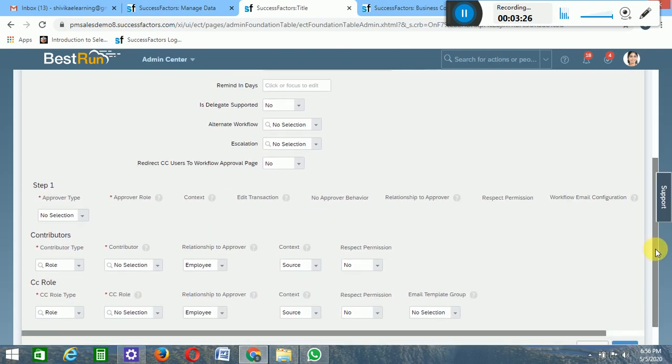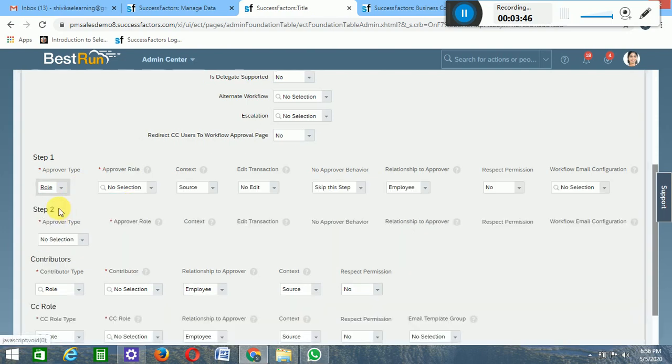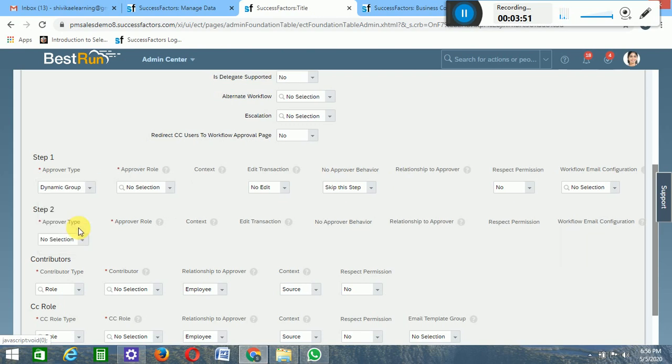So these are the steps which a workflow consists of, and these are the three main steps. First is approver type. Normally, approver type, we have something called role, dynamic group, position, relationship. So normally I'll take an example of a role and explain to you, and then I'll take a dynamic group as well. Let's take dynamic group first. Dynamic group. So for this we need to create a dynamic group of people who